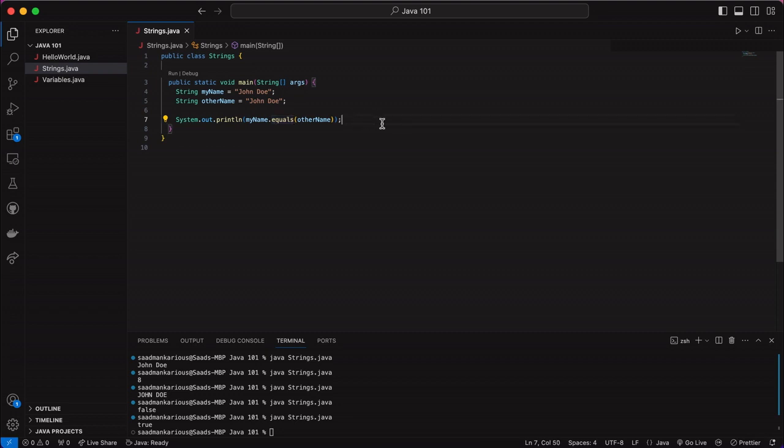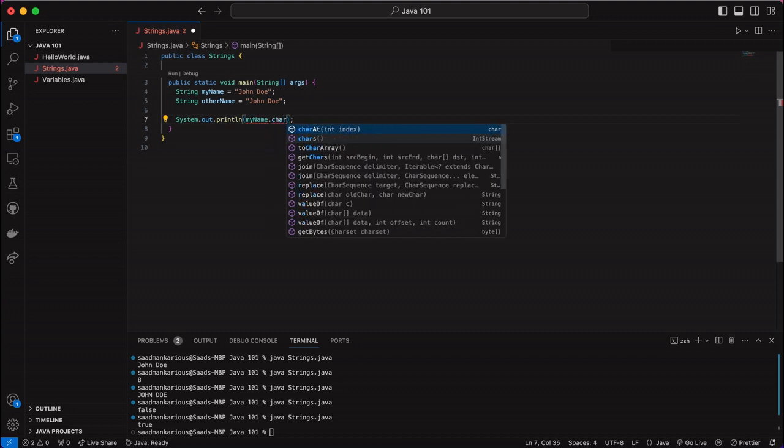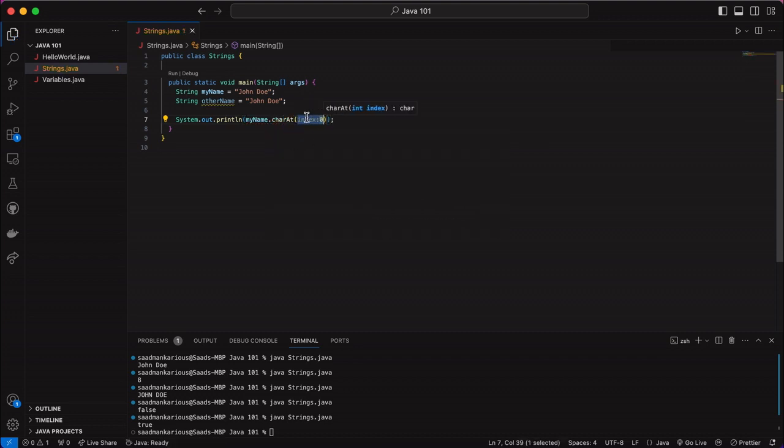So yeah, there's a bunch of other functions that you can use with the strings. One other thing that I want to show you guys is how to access basically one character from that string. So if you type the name of your string, then square brackets, then let's say 2. It's giving me an error here because it says the type of expression must be an array. We're gonna actually use charAt and give it the index. Let's say 0. And if I run this,